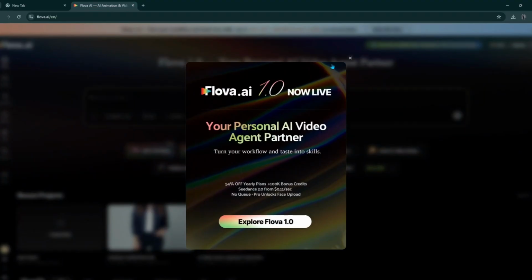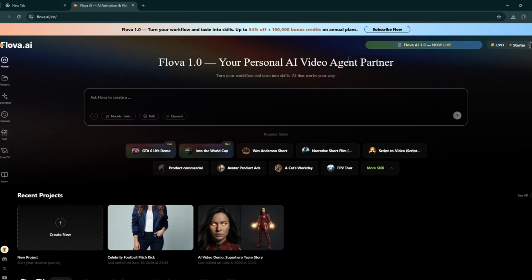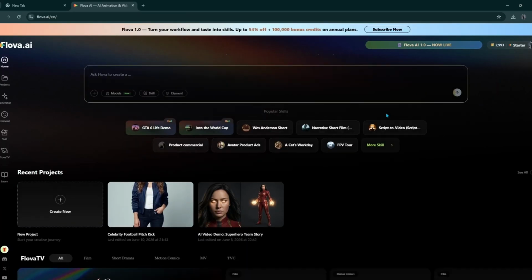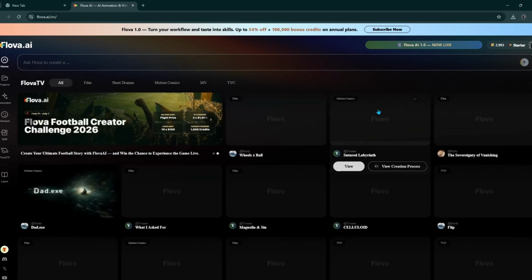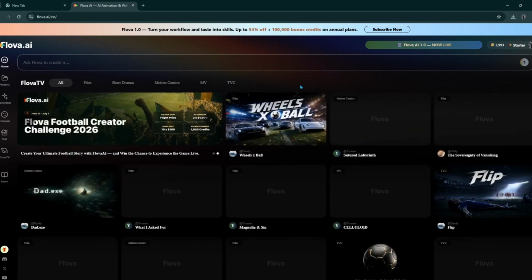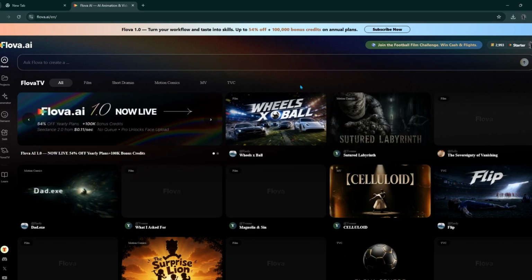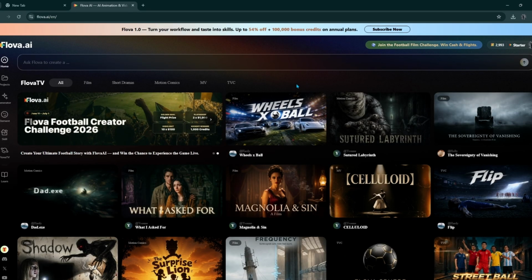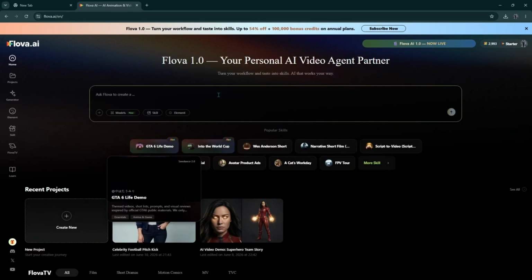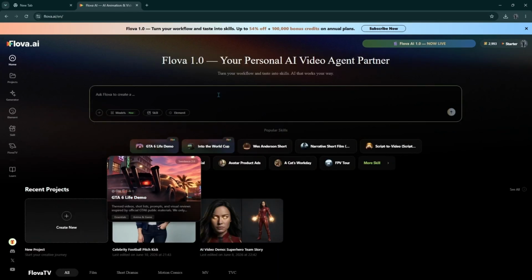If you head over to this platform right here and click the link in the description, you can actually see the interface. And the interface is really clean. The people who built this actually understand what creators need. Look at this. The design itself tells you something. You can see it has an agentic chat right here. This is the main thing. This is where you're going to spend your time. And that's intentional because everything happens through conversation, not through clicking menus.